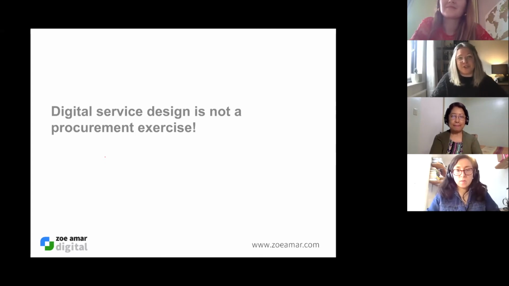No software is going to be perfect, and sometimes a really low-key digital approach is better. You'll know this if you've tried to procure. CRM is a great example here. If you think of customer relationship management tools, if any of you have tried to procure that, you won't have found one that's perfect and does everything you want.